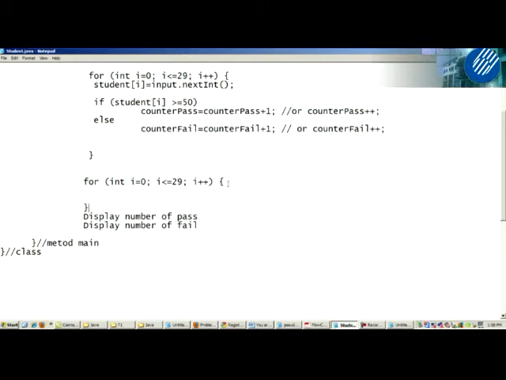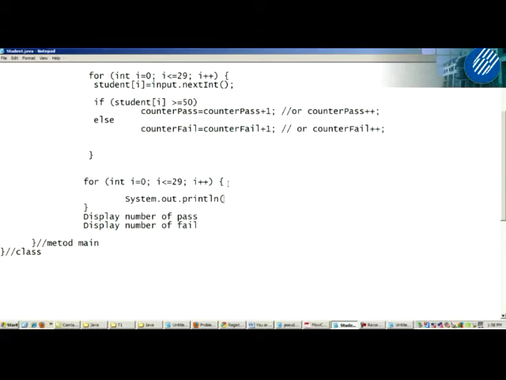Even though I has been declared up here, you still can use I. Okay, but we start from 0 again. Start from 0, stop at 29. You capture 30 students. So how to display the marks? In C, you use printf. In Java, you use what? System.out.print, print also or print line.